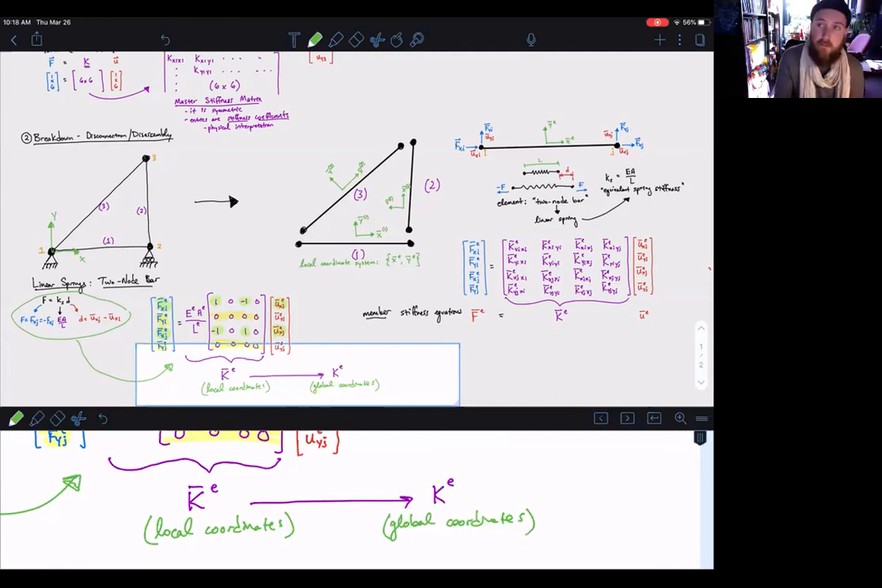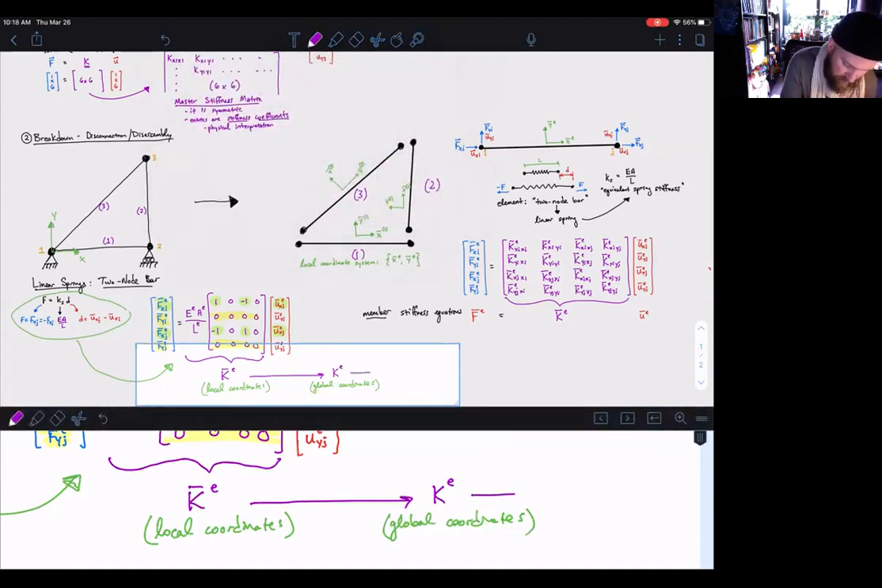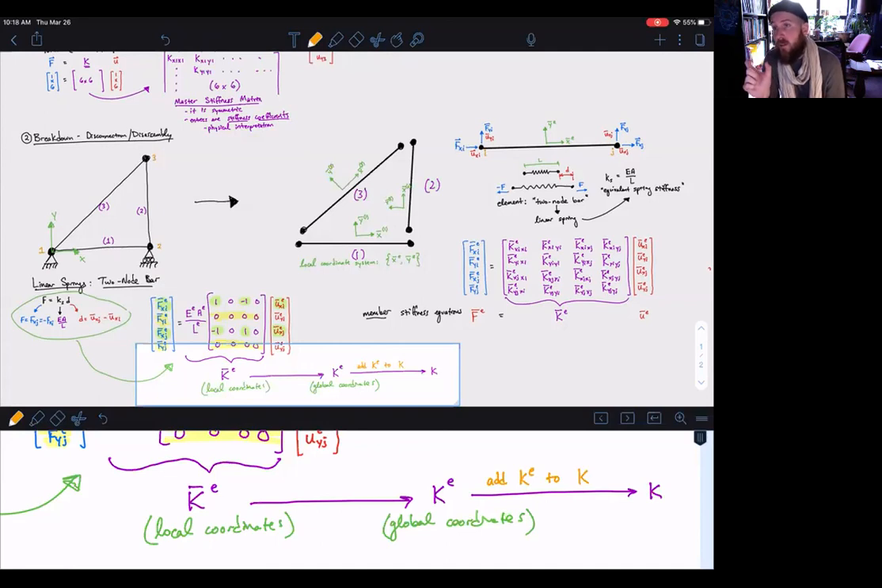And then we can, we're going to add the stiffness of each element into the big K, the master stiffness matrix,